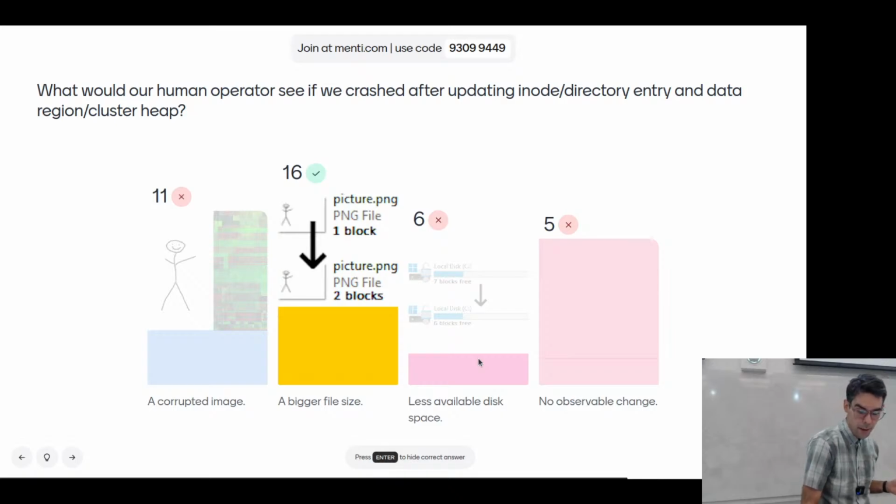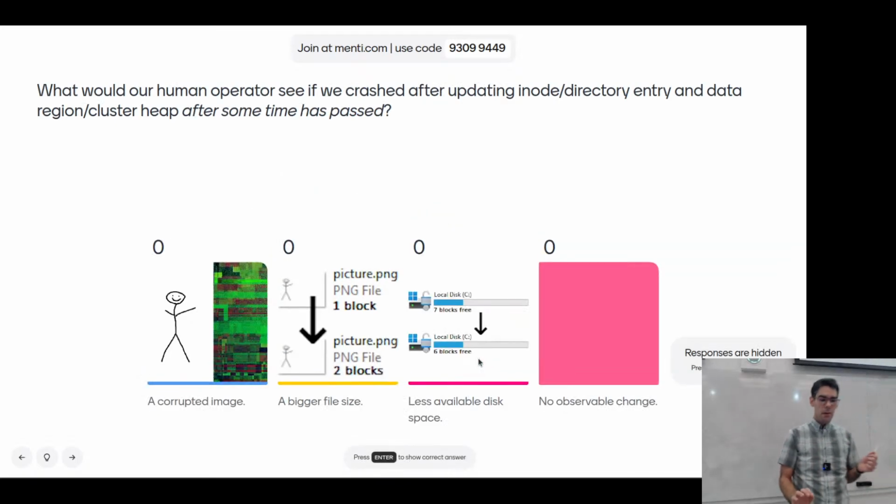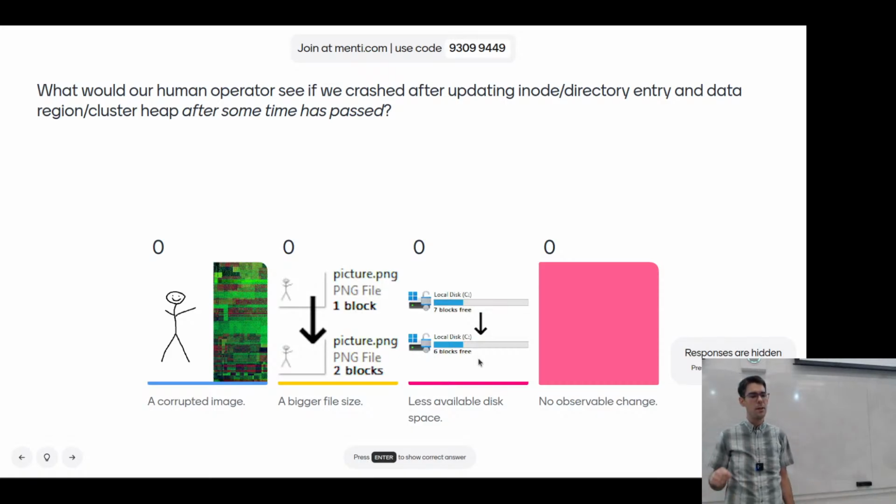All right. Okay. The same thing, except now it's a little while later. I've continued to do stuff on my operating system. I've continued to use my operating system. I'm opening up my diary and writing about how my cat bit me today. I'm making changes to the file system. I'm adding more stuff to the file system. I'm deleting files. I'm reading things. I'm doing all sorts of stuff with it.